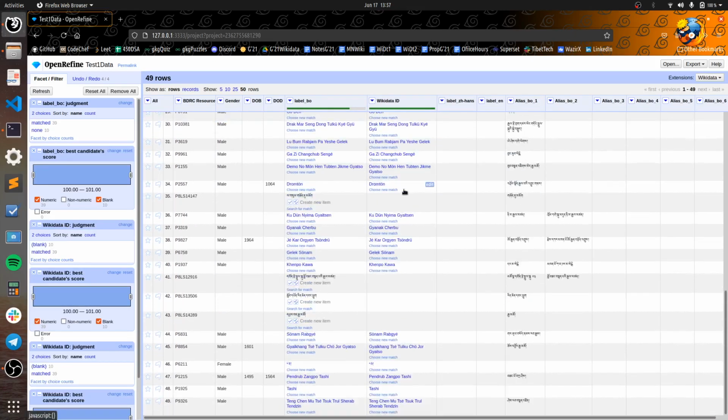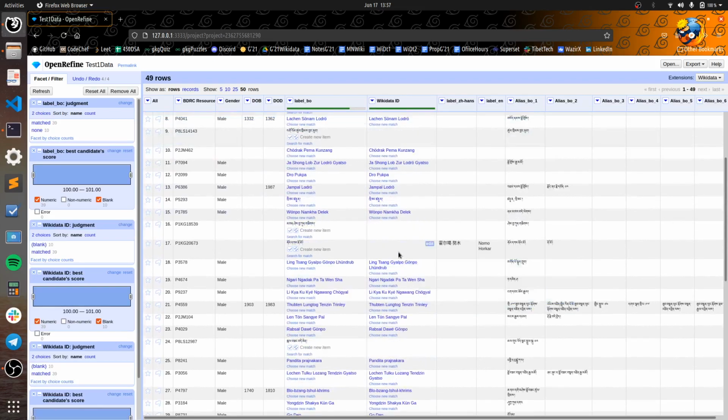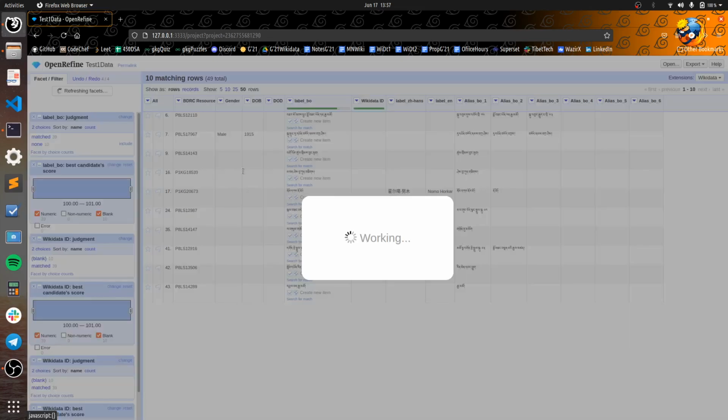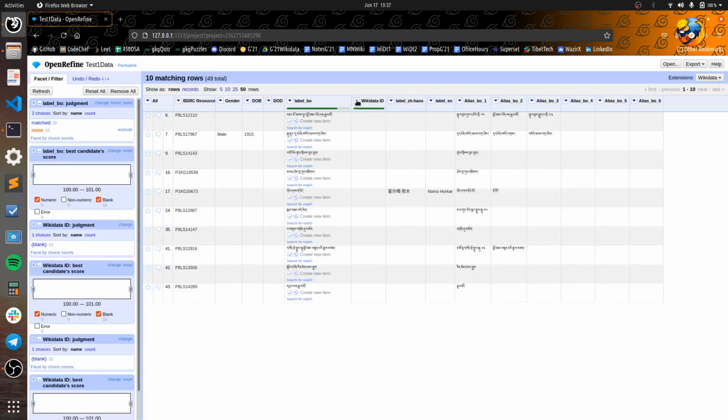Now all of the ones which already existed have been matched, but we have a few empty columns for which we have to create new entities. For that we can select none, which are empty, and then we'll take this column and put the name in the Wikidata ID exactly as we want it.